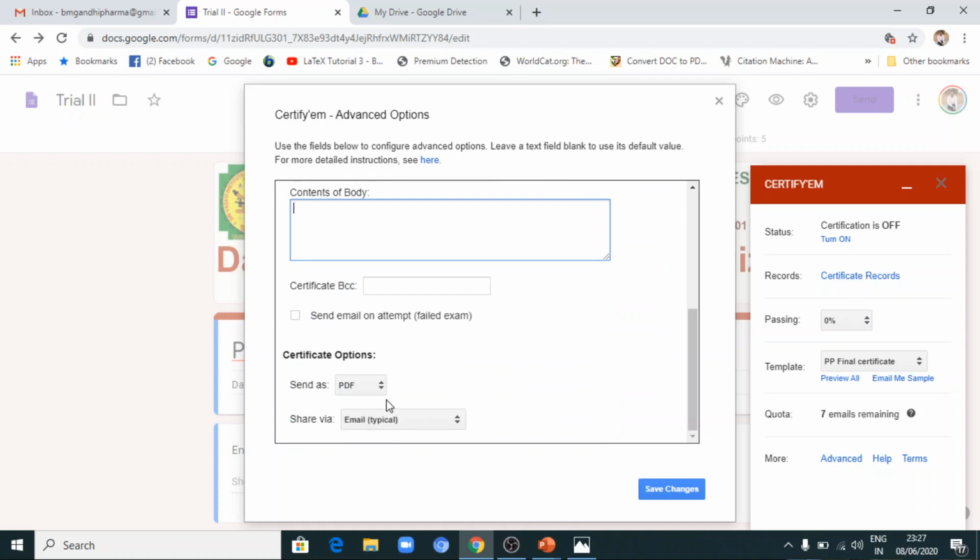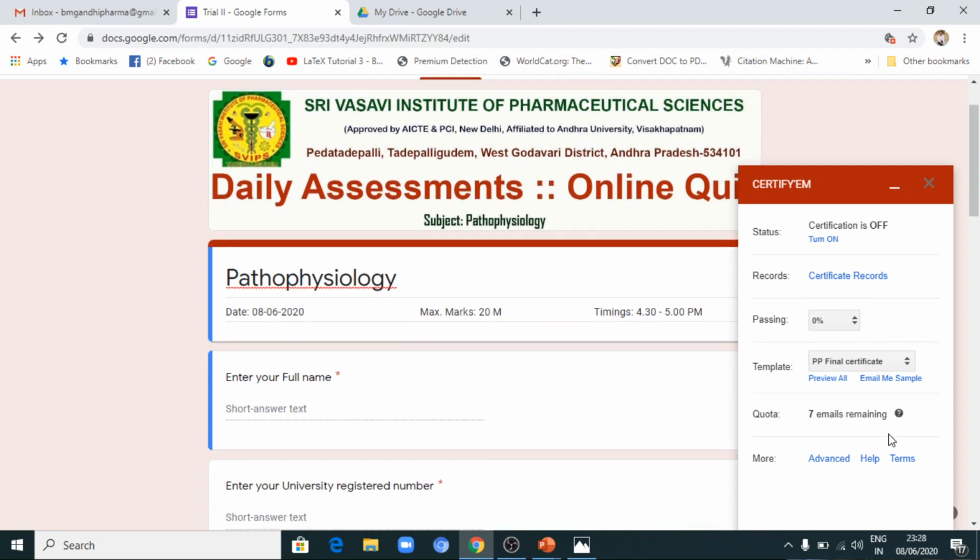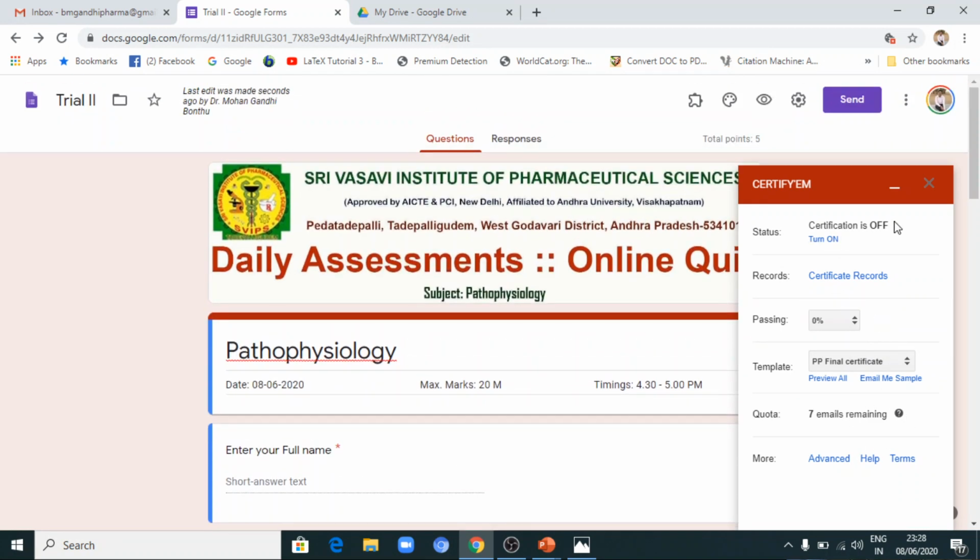Then in which format you want to send this, whether in PDF format or image format, anything is okay. Generally by default it will be in PDF. Then just save it. Now everything is ready. Now certification is off, so you need to turn it on.